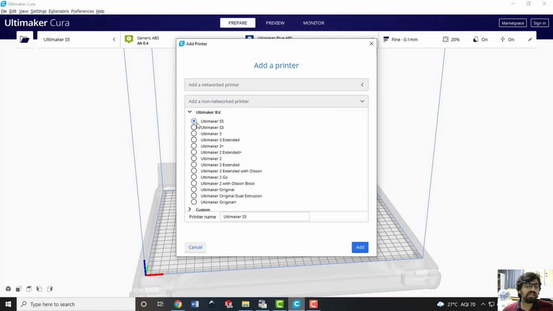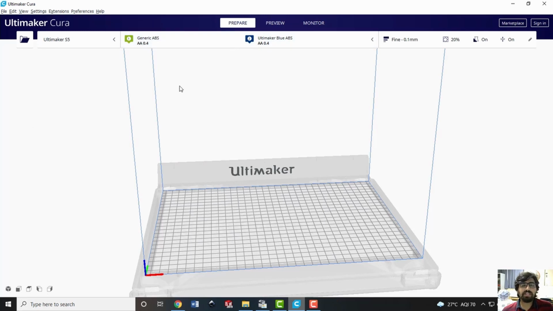So I have selected the conventional Ultimaker machine, the Ultimaker S5. And it is showing me two options on the right side. If there are two heads, one deposits the main material and one deposits the support material.